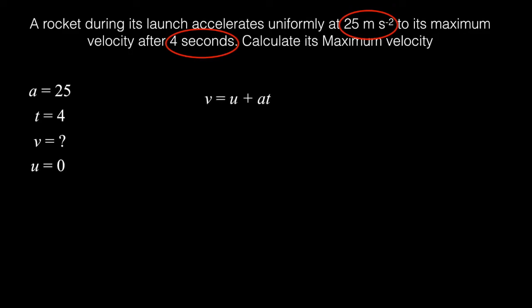So I'm going to use my Vuad equation here, and I'm substituting in my values here, so it actually becomes a very simple equation which you could do in your head. 25 times 4 gives us 100 meters per second is the final velocity v. Now there is a vast way that these questions can be asked, and you'll see that in your quiz coming up. Before we do that, I want to quickly just bring you back to this definition of